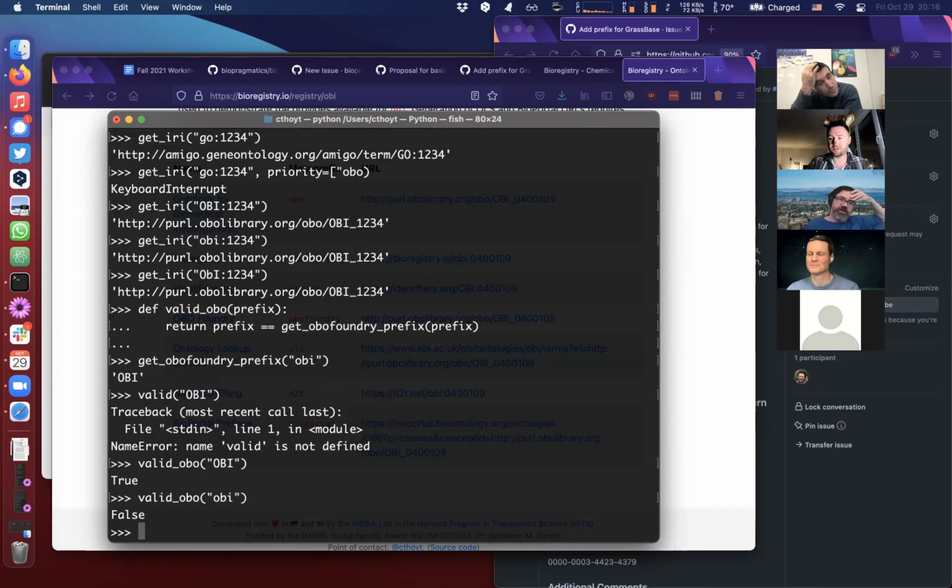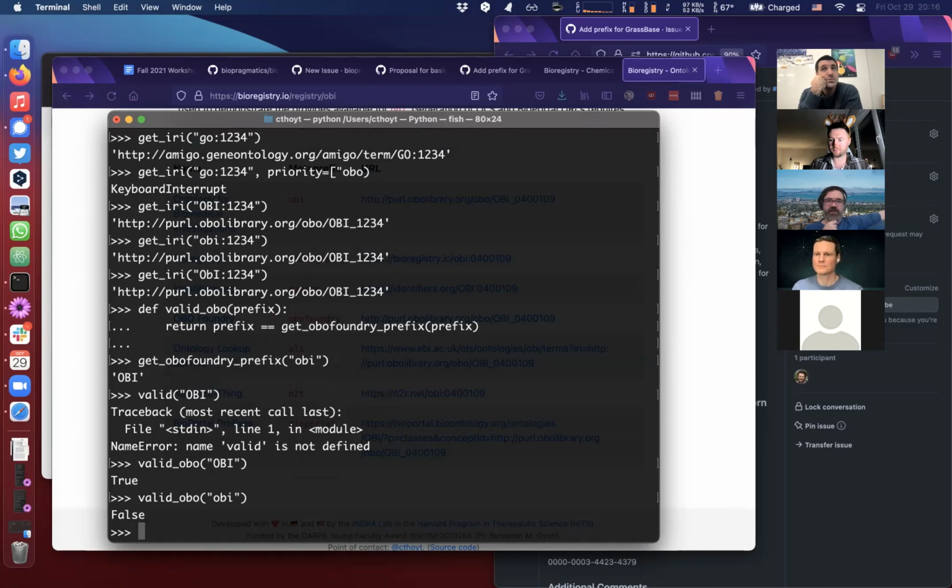I think some of these things here, just by maybe changing things like normalize, changing the behavior of normalized prefix so that it gives you the provider preferred one, for example. I think you can still have methods that are liberal in what they accept, and you can have parameters that tell you, is this strict or not? Maybe we could turn on strict by default, but allow people,